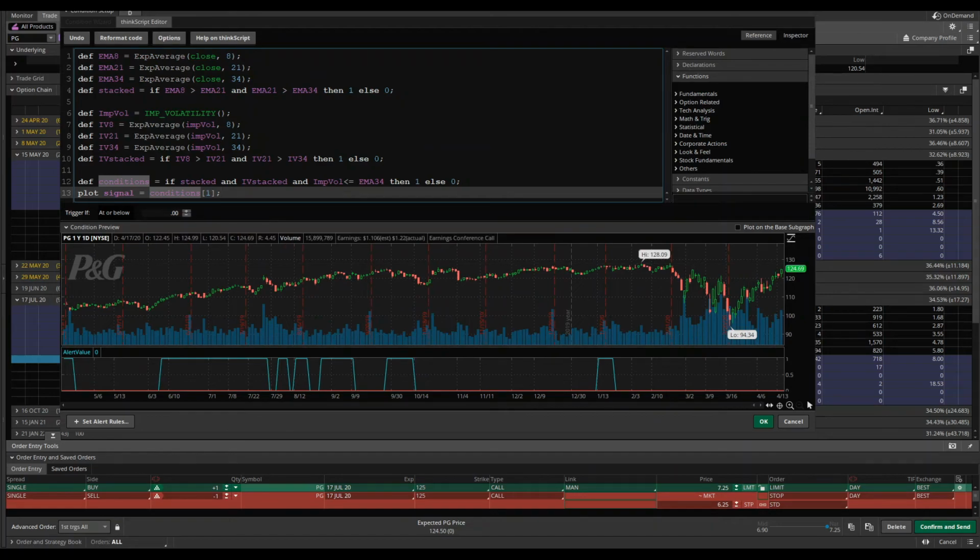and we can also see whenever this condition has been true on Procter & Gamble using the daily chart, right? So that condition was true here, where you had a pretty nice upward move in Procter & Gamble, then that condition stopped being true, then again you have that condition be true right here. So you can see that despite having this implied volatility variable in here, that condition has been true